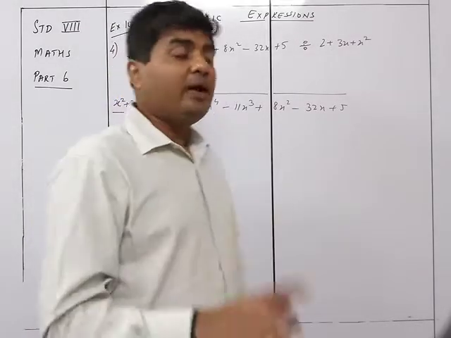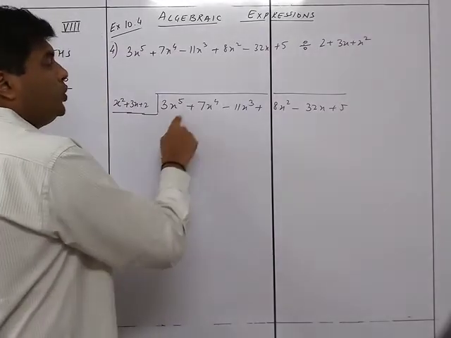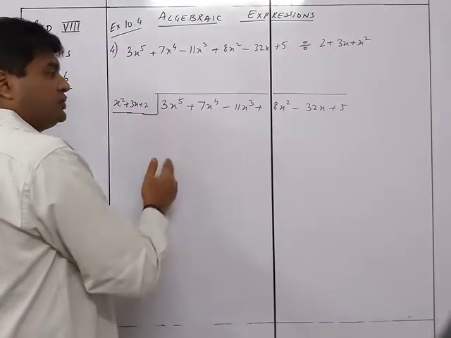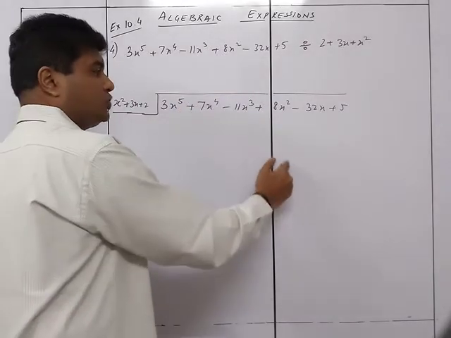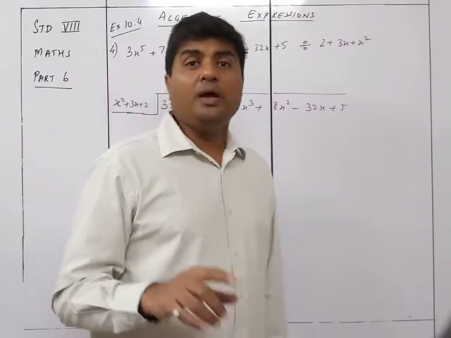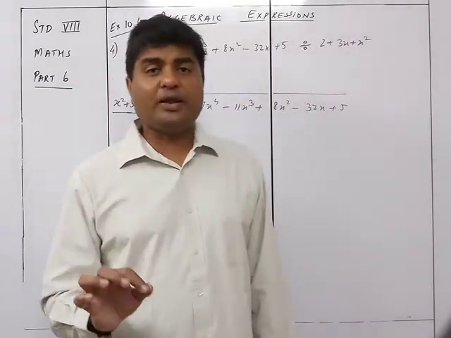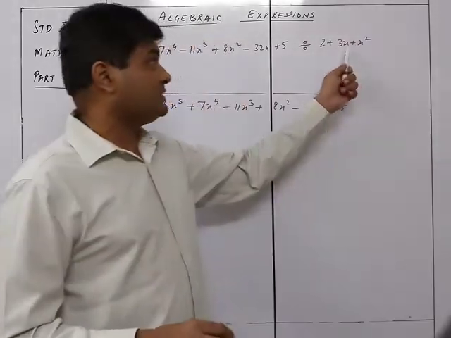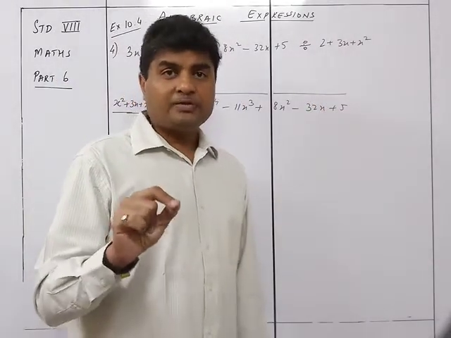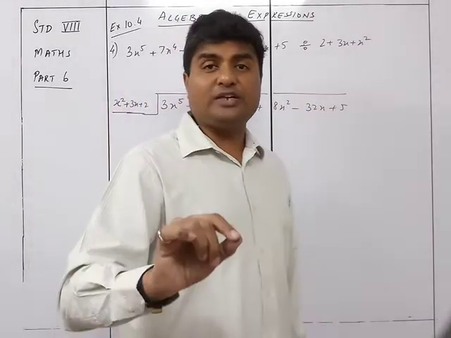So that means when you are writing this dividend over here, you will have it completely in the descending order. X raised to 5, x raised to 4, x raised to 3, x raised to 2, x raised to 1 and then 0. You cannot have anything missing in between. Missing अगर बीच में रहेगा and you try to solve, you will make a mistake. So that's why I'm telling you, even in this case, यहाँ पे भी अगर कुछ missing है, तो that missing has to be completed. समझो यहाँ पे सीधा हो गया x square plus 2 दिया होगा, तो you say x square plus 0x plus 2.